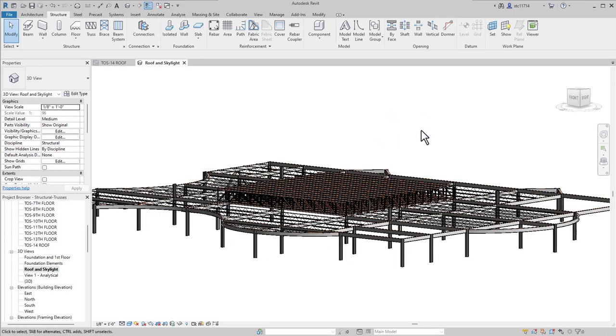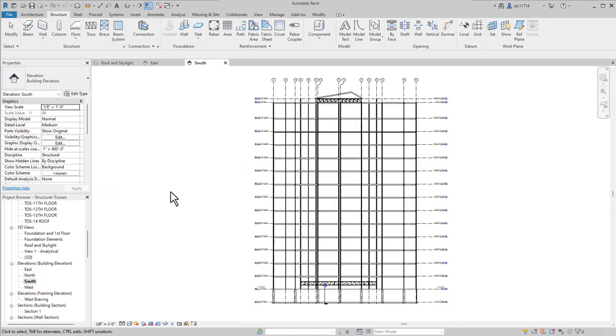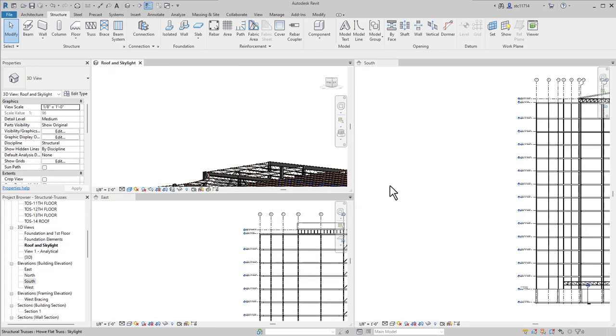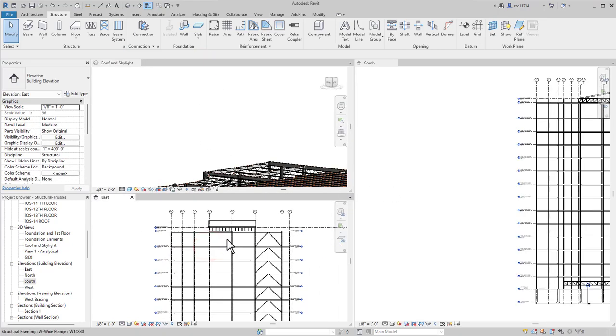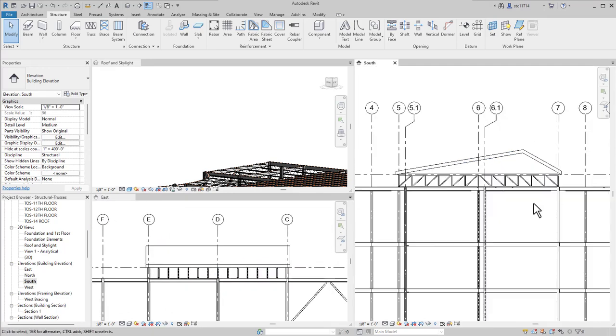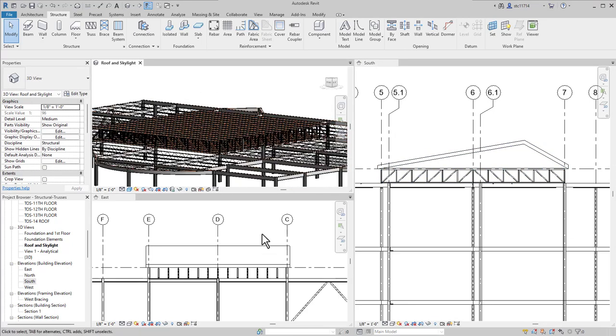Next, I want to attach these trusses to a roof. Now, the roof is not visible in the current view, so I am going to open up a couple of elevation views where I can see that better. I'm going to open up the east view and the south view. Then I am going to use my WT keyboard shortcut to tile those. And so here in the east I can see the roof, here in the south I can see the roof and the actual angle, and then of course I can see these in 3D as well.